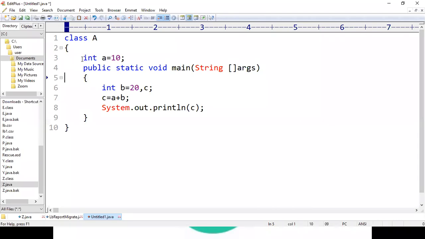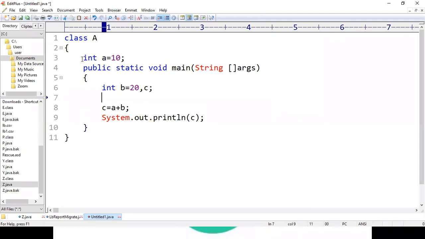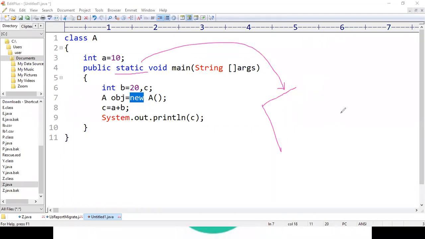we have to create an object of class a, obj equal to new a, right? So whenever the compiler encounters this new keyword, see here, I will explain it clearly. Whenever the compiler sees the static keyword, it will bring all these 4 lines into the RAM and start executing each and every line.